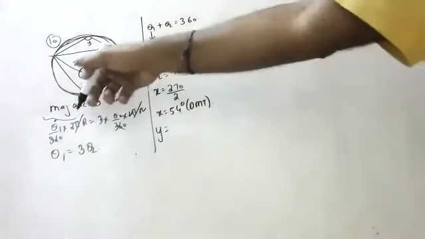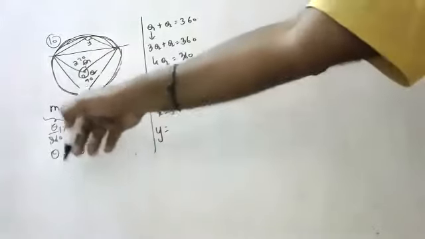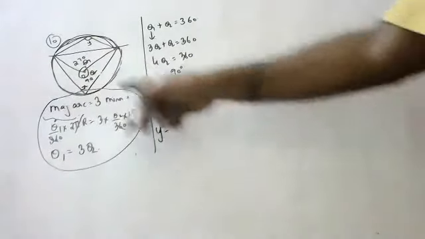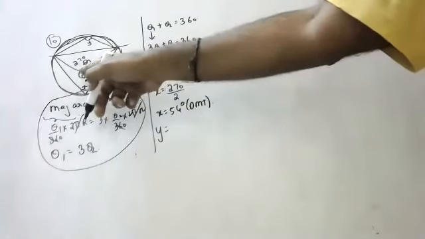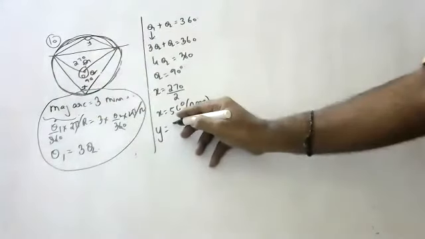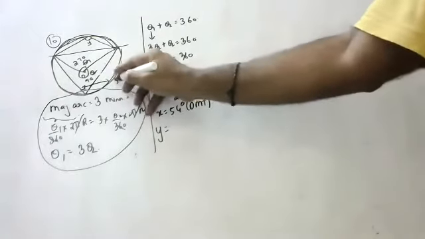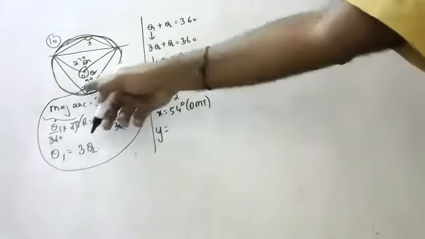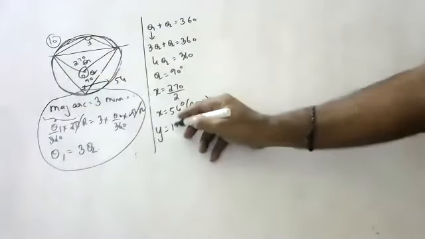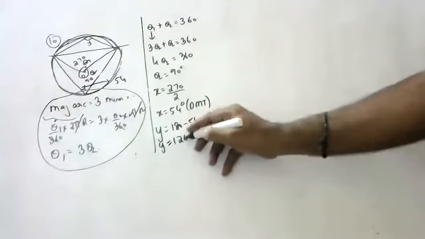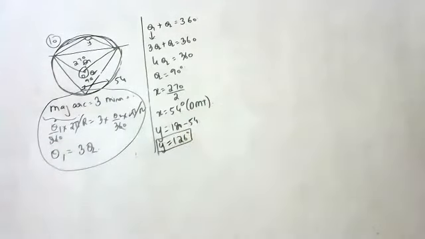So children, this is 270. This is 54. I know you people didn't understand this. I will help you again. Don't worry about that. And this is 90. If this is 90, this will be how much, children? 126. Sorry, we got this 54. If this is 54, this will be how much? 126. Like this we have to do, children.